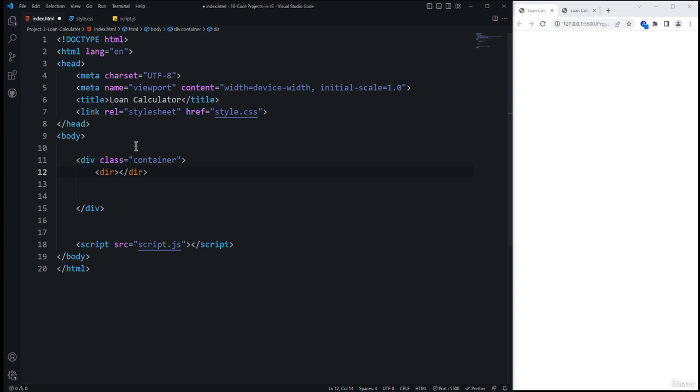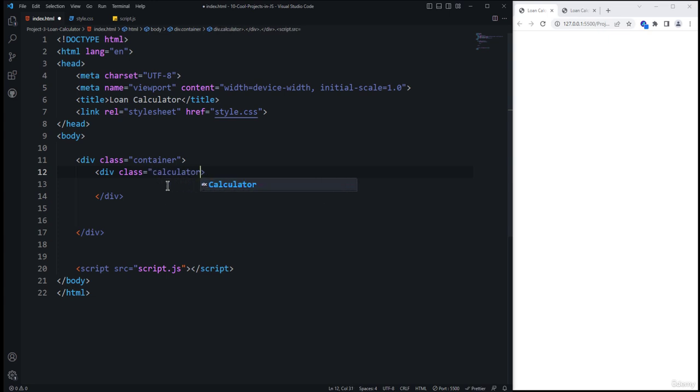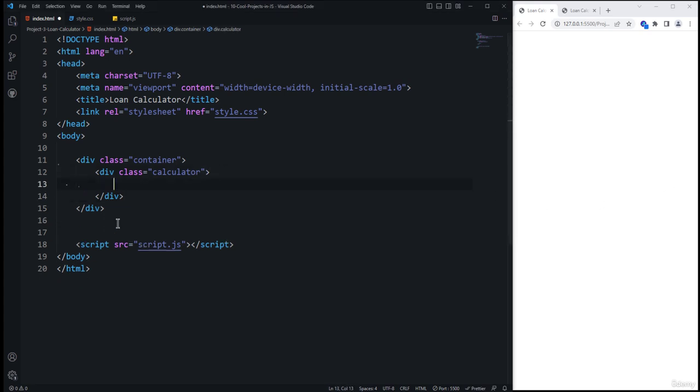So first again I am going to create another div, not a dir. We need to create another div here, then the class attribute, and then this is going to have our calculator. And I actually want to specify the small case name, and this is giving the error because the quote is not properly closed. Alright, so inside of the container we have the calculator. Now inside of the calculator everything will be placed, and inside of the calculator we need to provide the h2 element, which is the loan calculator,